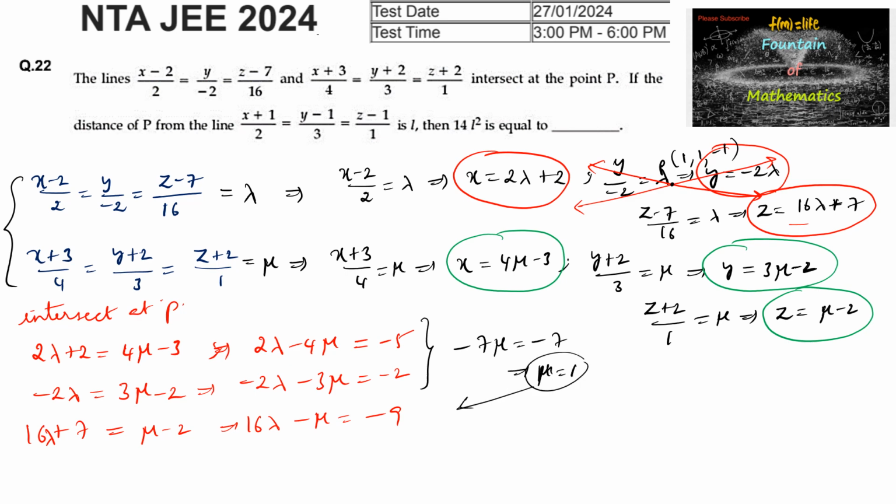Substituting mu is equal to 1 here, we will get 16 lambda minus 1 is equal to minus 9. So lambda is equal to minus 9 plus 1, that is minus 8 upon 16, which is minus 1 upon 2. So lambda is equal to minus 1 by 2 and mu is equal to 1. So we get the point